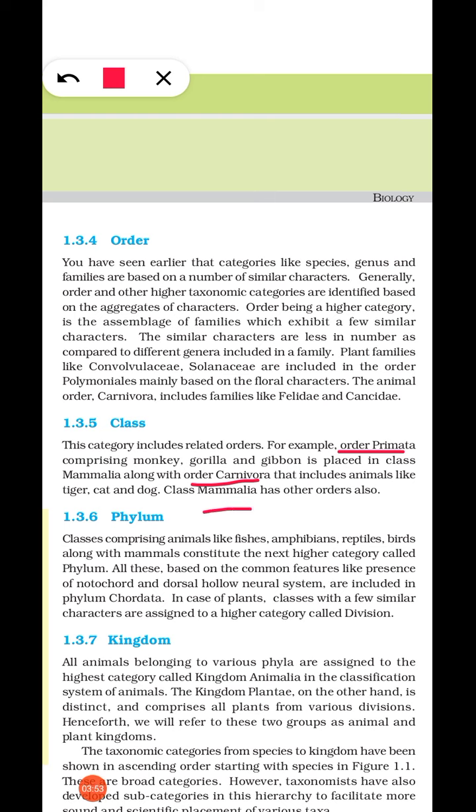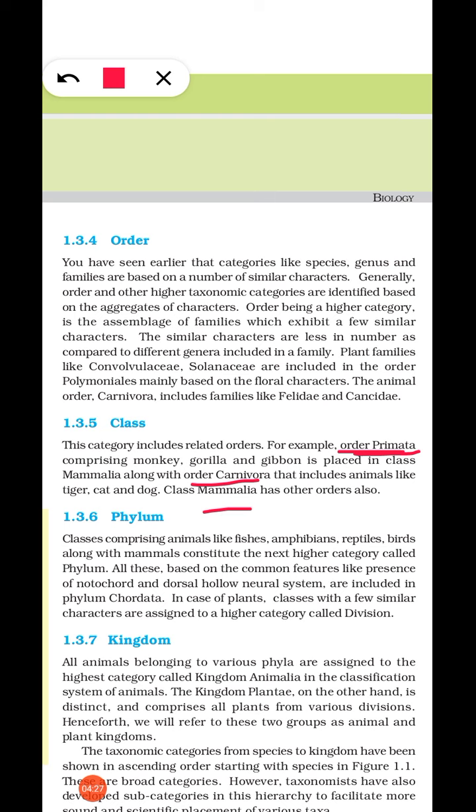Mammalia is a class, understood, and this Mammalia contains different orders. Order Primata includes animals like monkey, gorilla, gibbon, etc. And order Carnivora, that is another order, includes tiger, cat, dog, etc. When you study the characters of class Mammalia, organisms like dog, cat, tiger, gorilla, monkey, all of them share